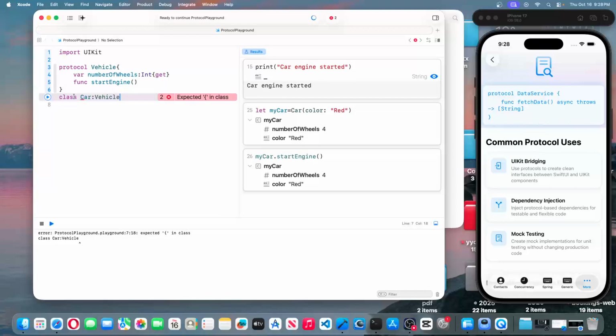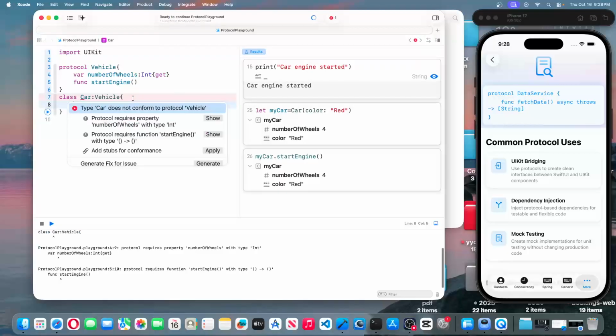This Car class is a type of Vehicle protocol, and after that you can see the compiler automatically saying that the type Car doesn't conform to the protocol Vehicle, so it needs a property number of wheels, and